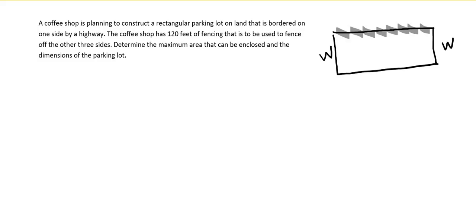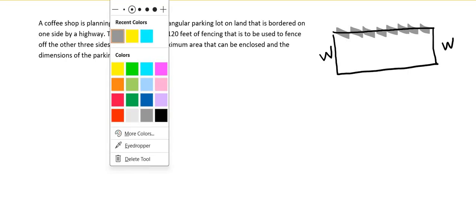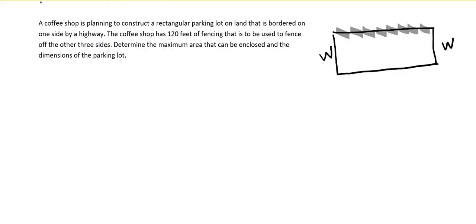Okay, so I have my parking lot sketched out and I've labeled the width W. I've also indicated the side that is bordered by the highway. The next thing I want to do is to figure out an expression for the length of the parking lot. Now remember, I'm starting off with 120 feet of fencing. I used W feet here, I've used W feet here, so the amount of fencing that's left is 120 minus